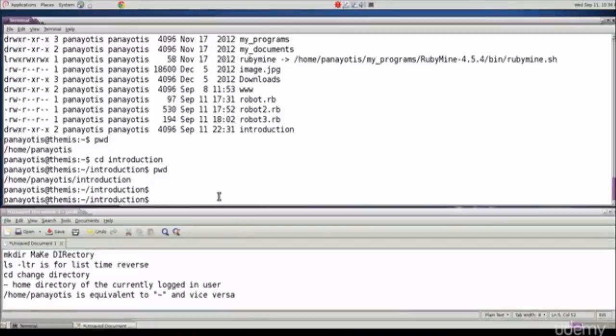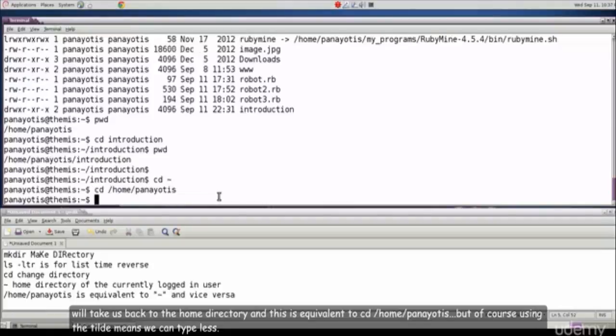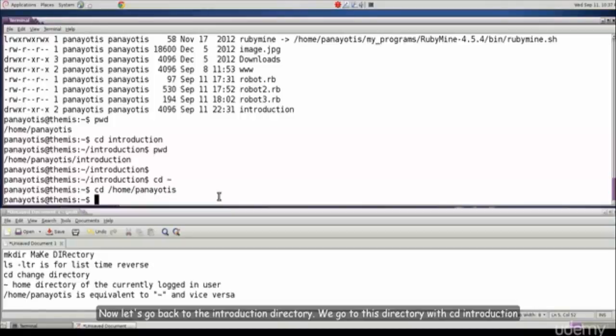which means that if we go back with change directory to home, it will take us back to the home directory, and this is equivalent to cd /home/Panayotis, but of course using the tilde means we can type less. Now let's go back to the introduction directory. We go to this directory with cd introduction,